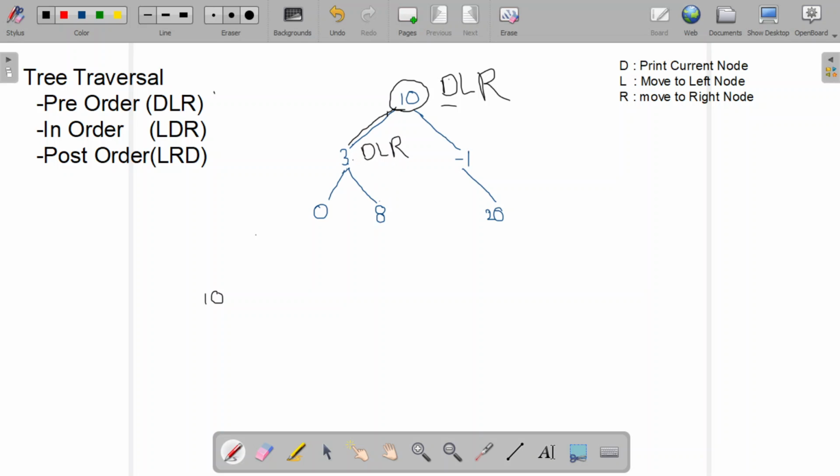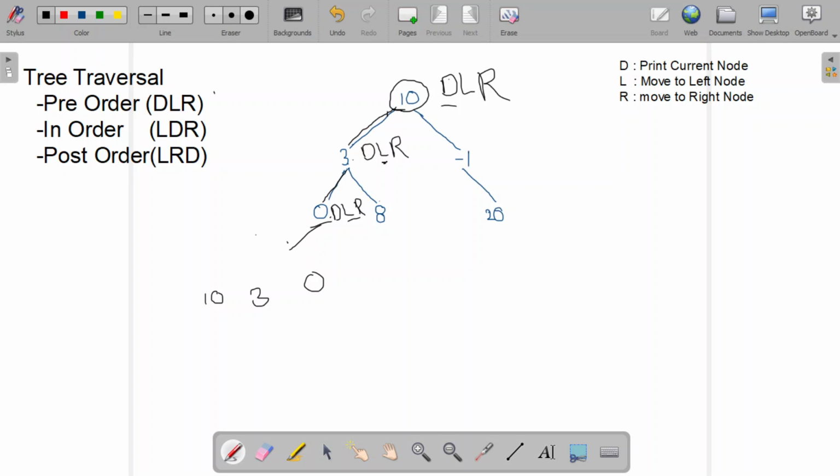Again D means printing the current node. Here I am printing the current node and going to the left side, and here again I am going to apply DLR. So printing the current node and going to the left node.